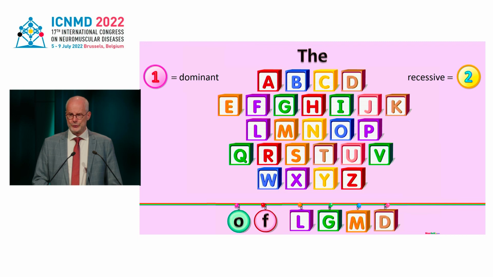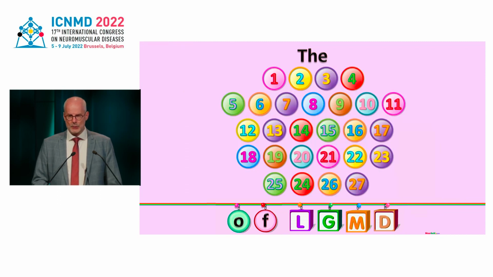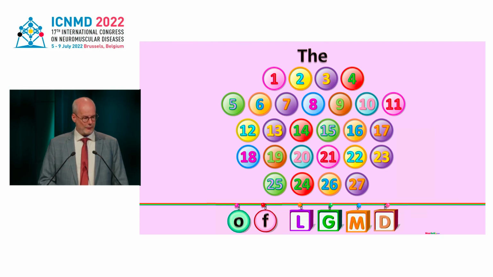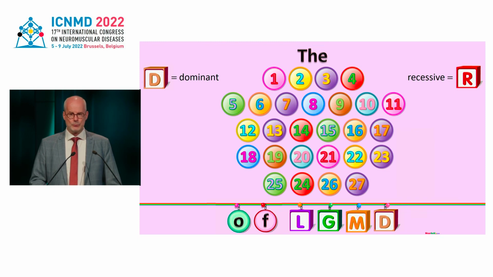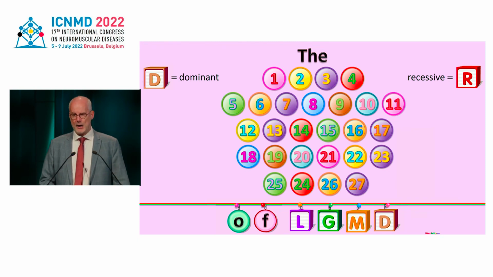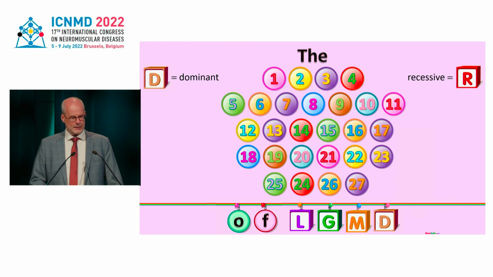There was a consortium of colleagues who did this. I was one of them. We said, well, with numbers, there is no limitation, so let's call it the 1, 2, 3 of LGMD. And then let's replace the dominant with a D and the recessive with an R. So the question is now, who actually knows these limb-girdle muscular dystrophies, really? Who knows what LGMD